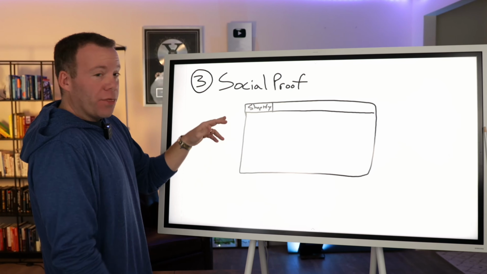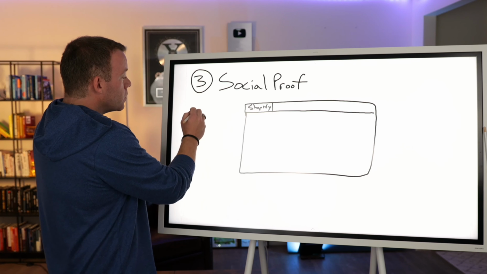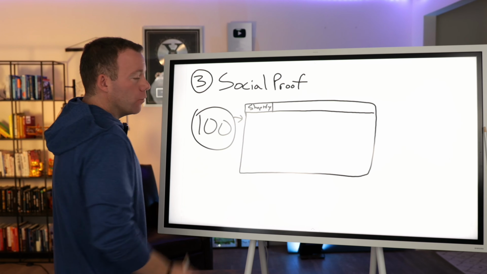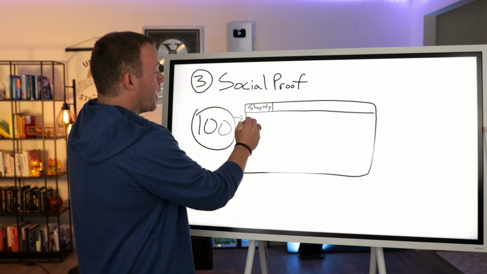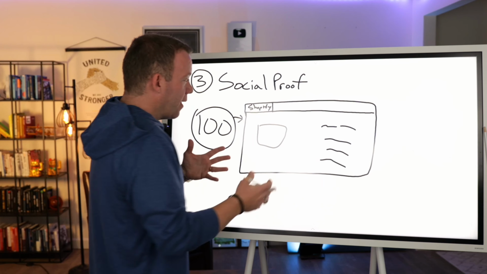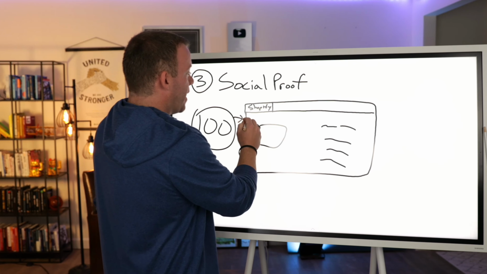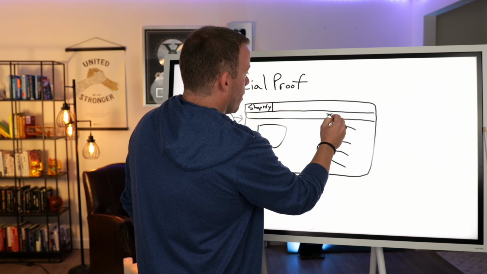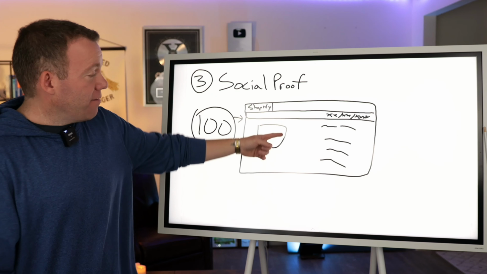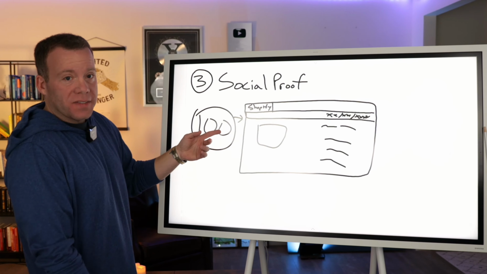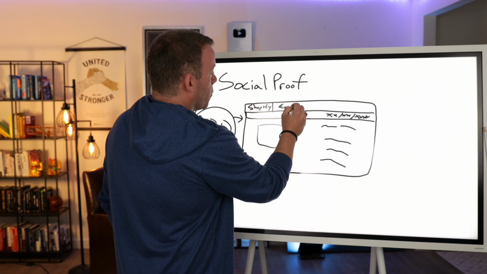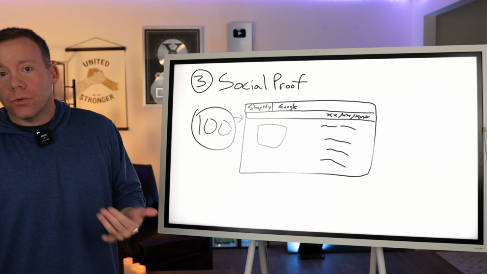But with number 3, I want to talk about social proof, okay? So let's go back to where we started, where we have the 100 website visitors, and they go on Google, and they search for the products that we have to sell, and they find our Shopify store. They're looking, and they're saying, okay, I like this store, I like the product, I like the fact that they have this discount code that's expiring soon, so I want to buy, but before I do, I want to do my due diligence, because I've never heard of this site before. I don't know if I can trust them. So what are they going to do? They're going to open a new tab in their web browser, go to Google, and search for your store name.